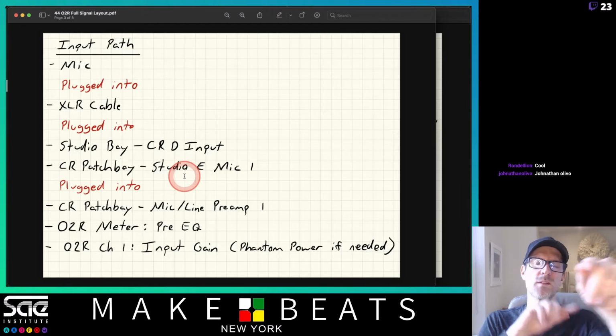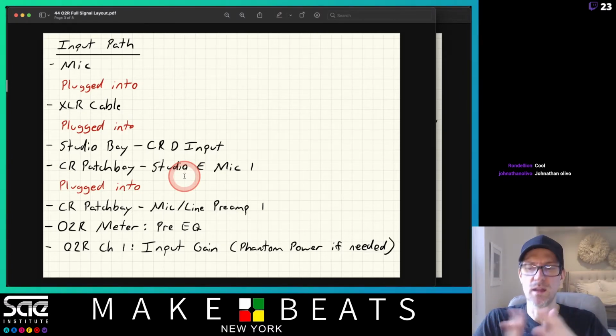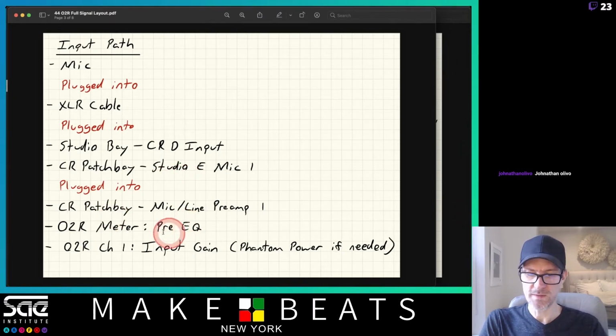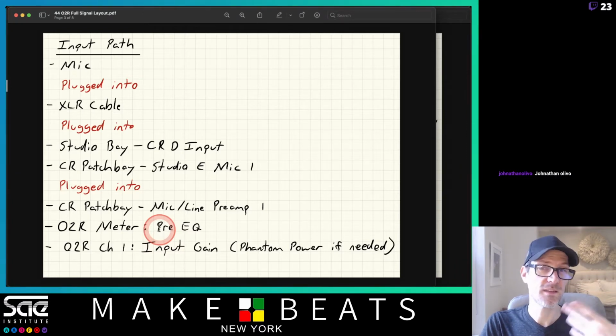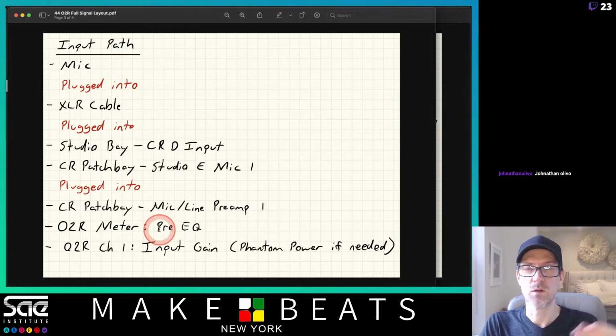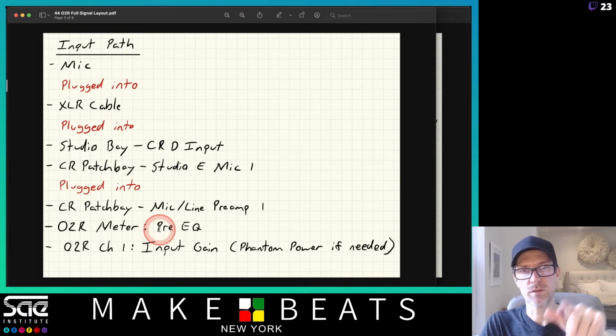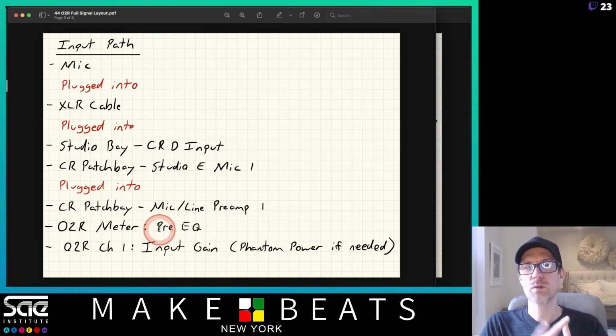Now this is the only thing that's a little bit different. In the O2R, you do have to patch the cables in, even if it's right there in front of you. And then on the O2R meter bridge, we're going to set that for pre-EQ. I did mention that the other day really briefly. Remember there's a button up there, and you'll see this when you get in there. There's a button on top for pre-EQ, pre-fader, and post-fader, or pre-effects, post-effects, and post-fader. You get those three options, and the ones we're really going to be using mostly are pre-EQ and